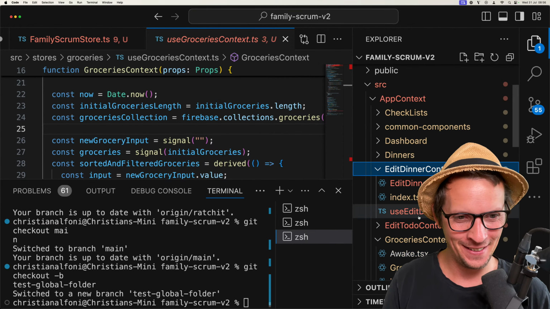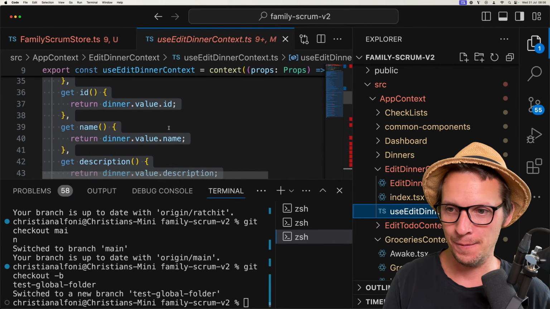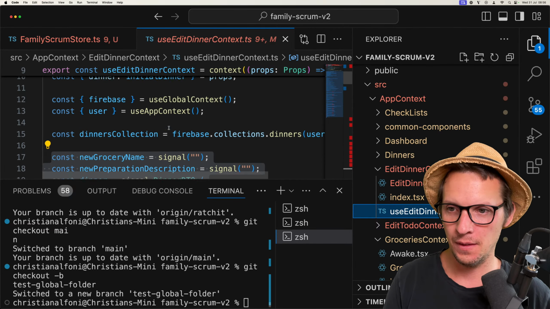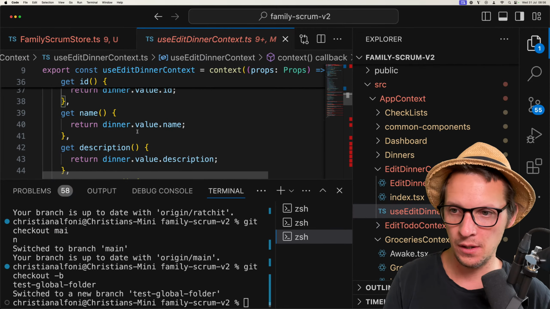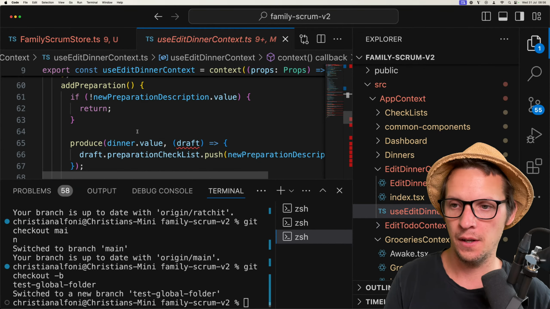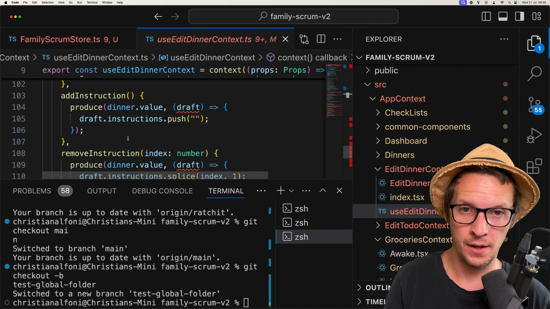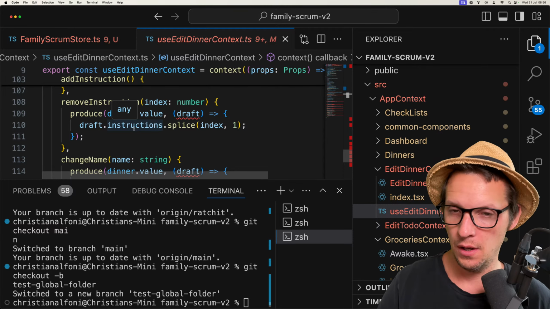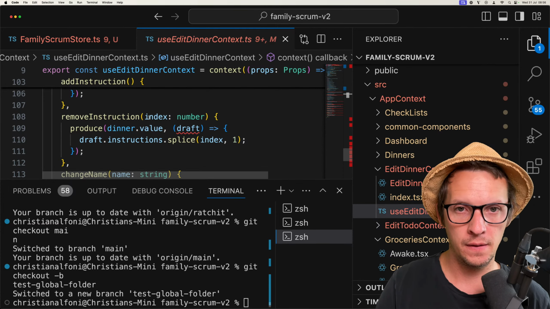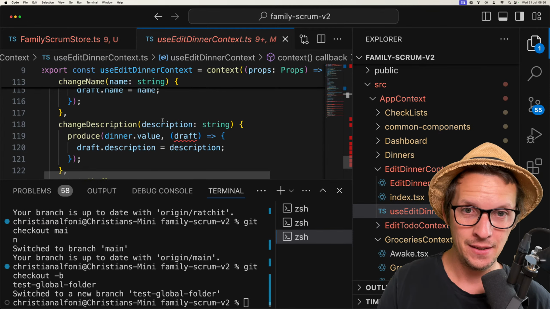Anyways, edit dinner. Let's find it. Editing a dinner is very complex. It has validation. It has a lot of fields. You need to save the actual dinner, which is async. You have to optimistically update the dinner's data. You might cancel it, right?